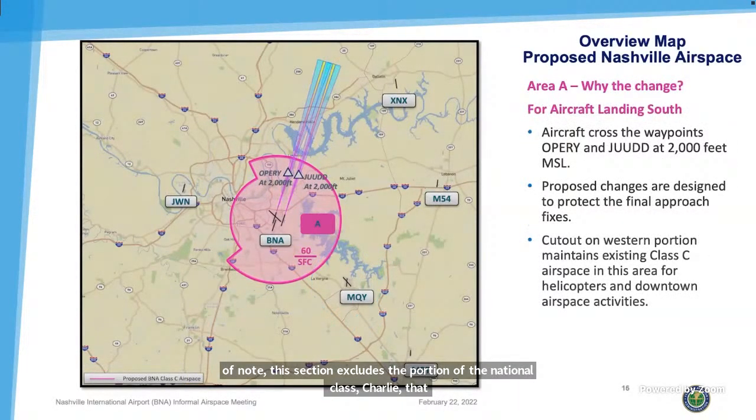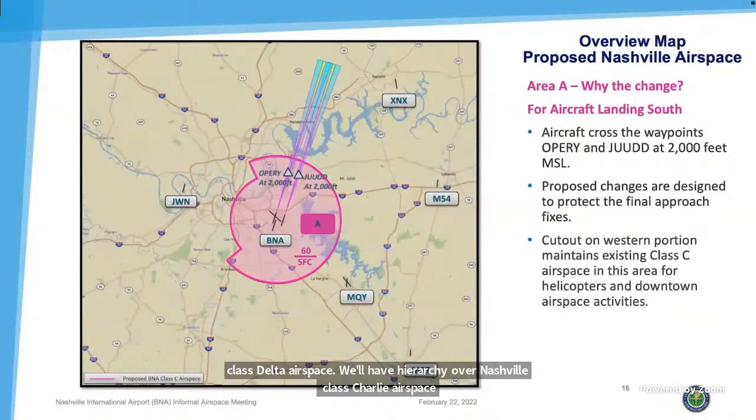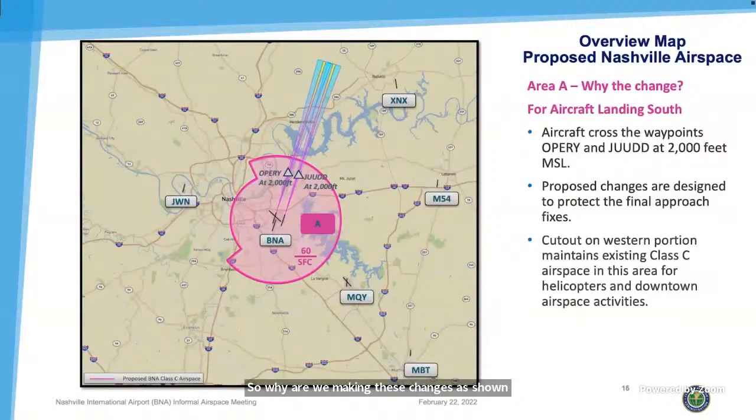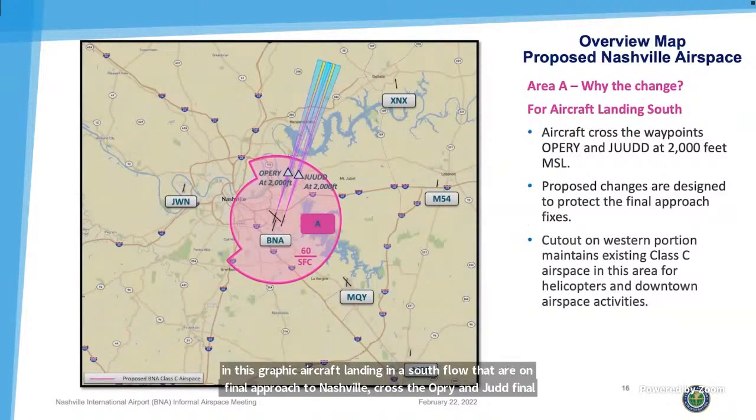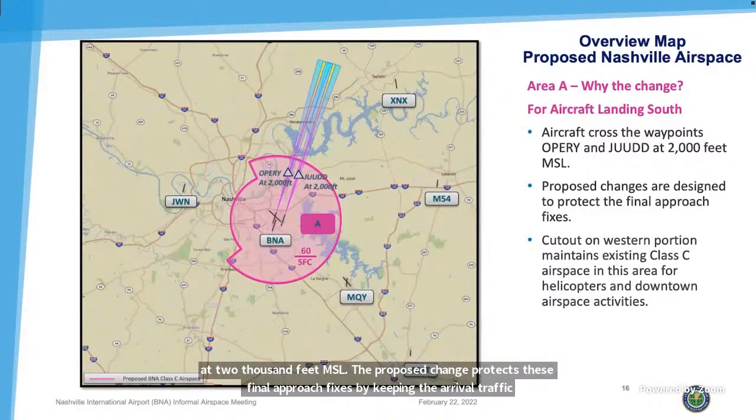So why are we making these changes? As shown on this graphic, aircraft landing in a south flow that are on final approach to Nashville cross the Opry and Judd final approach waypoints at 2,000 feet MSL. The proposed change protects these final approach fixes by keeping the arrival traffic separated from other air traffic in the area. Also of note, this design maintains the cutout on the western portion of Area A for primarily medical helicopters